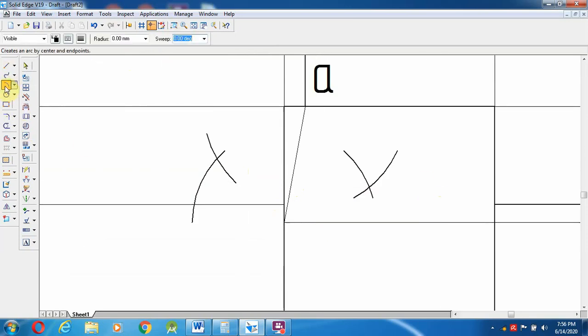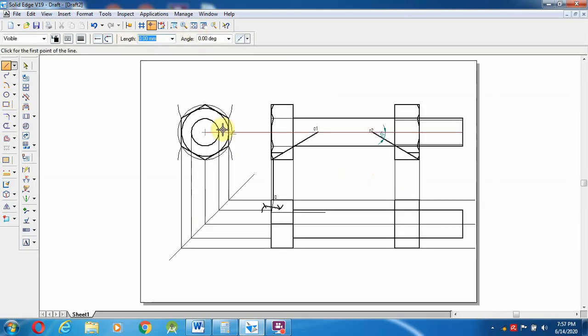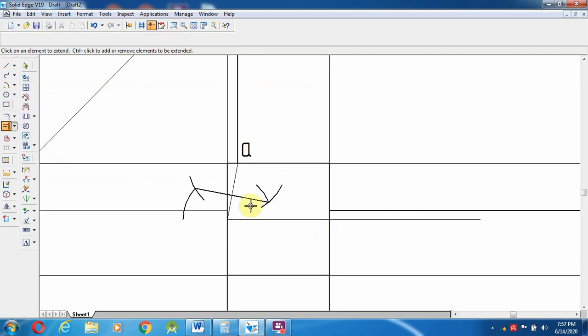Then select a line, so wherever this intersects, the intersection point we could not see clearly. One end of the arc you can cut it. Why? Because the end point you can see over here. So select a line, from here to this end point I am going to join over here, give a fit, and select extend to next. Go to over here, extend to next. This is the line I am going to extend towards the next one.